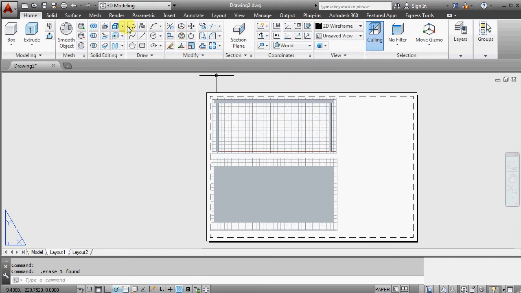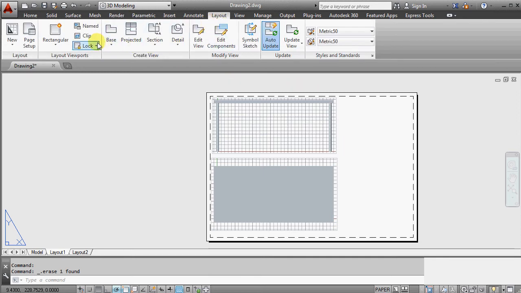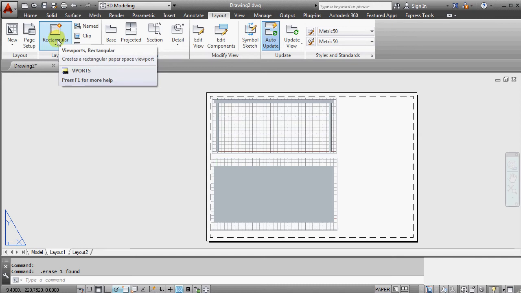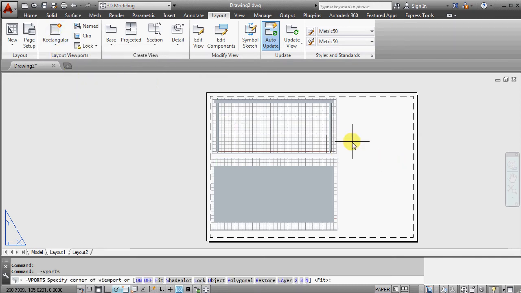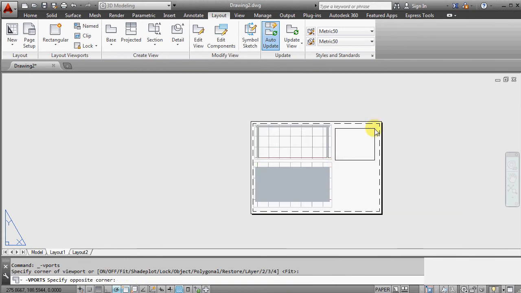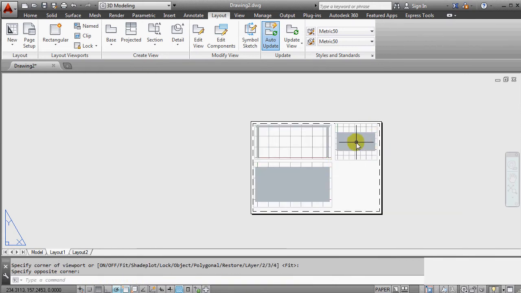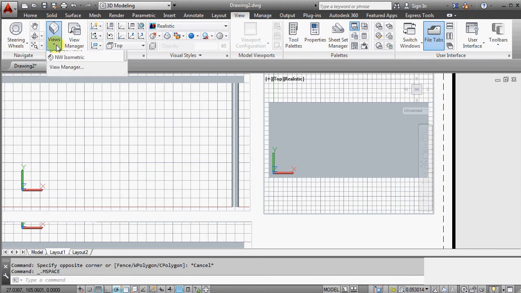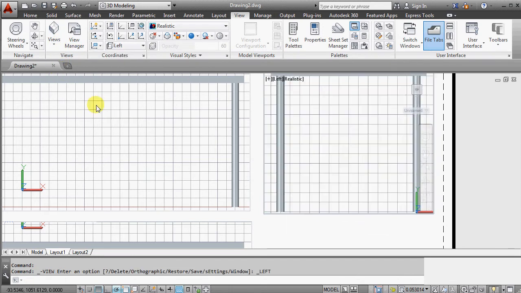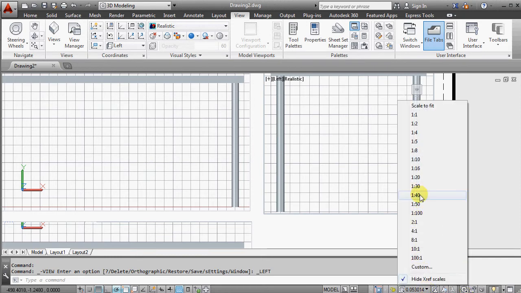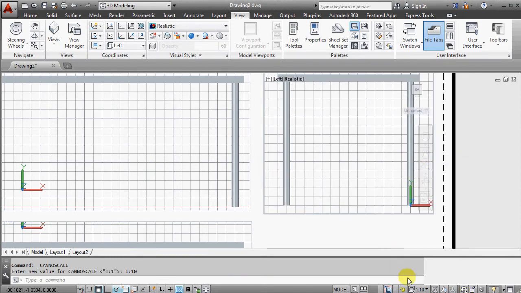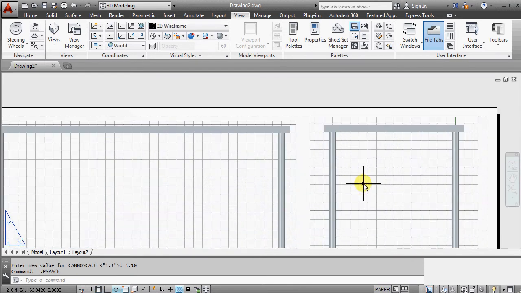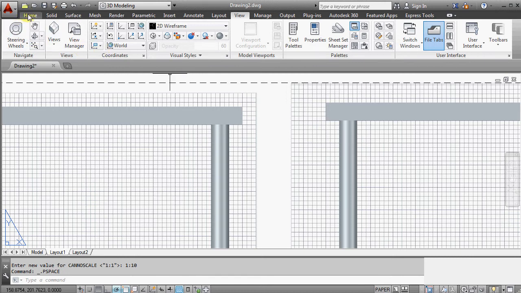I make one more rectangular viewport in the same way, but now here. I double click in it. I choose view and now left view here, and 1:10 scale, and I lock the scale. I double click outside this viewport, and also here I could